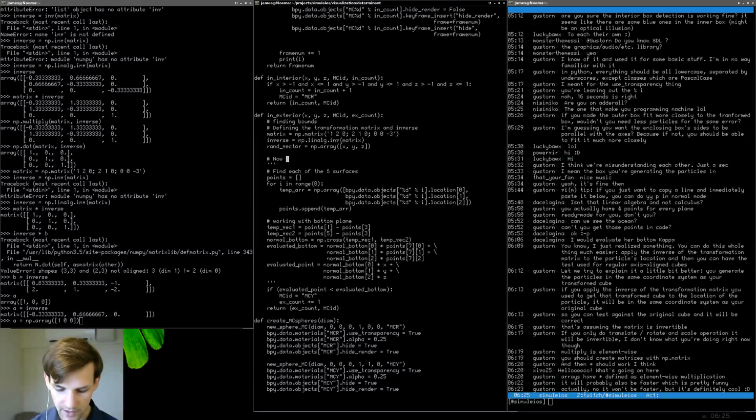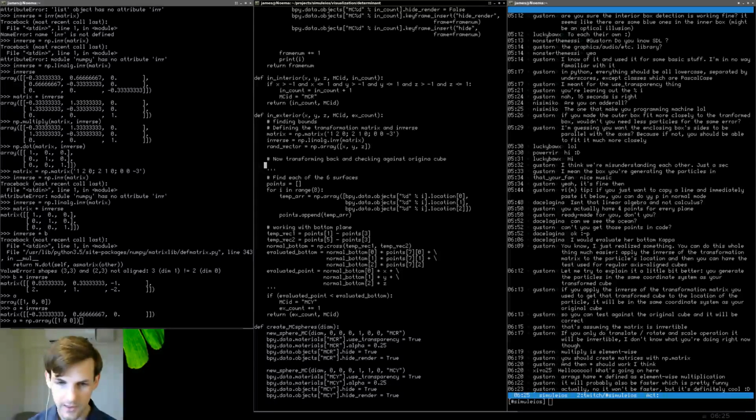now transforming back and checking against original cube. Okay, so let's see what we got here. We need to do transforming back and checking against original cube. Okay, so let's see what we got. We have the random vector, we have the matrix, so let's go back and check the point, and then let's see what we got. So we're going to say